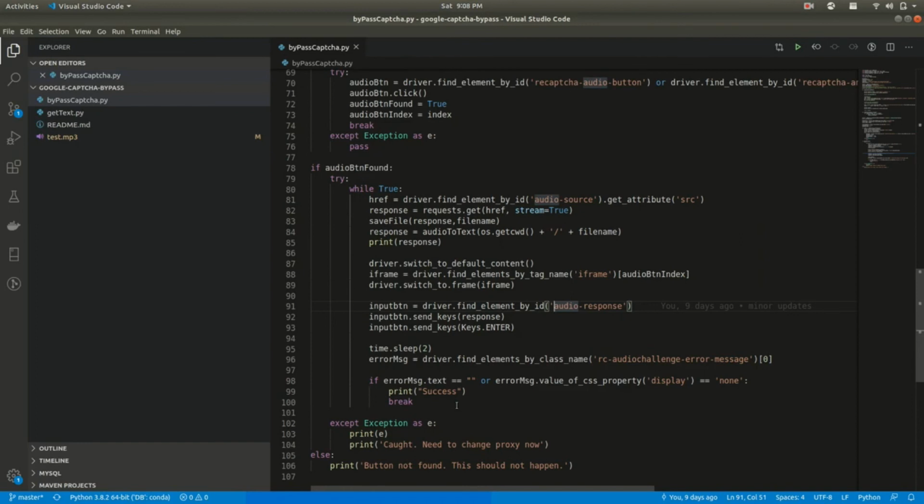So for that purpose this script will fail, but there is another method which I have discovered, and we'll be seeing that in the next video. We'll be changing our IP address frequently, so we are not tracked by Google, and we are not blocked by this mechanism. So stay tuned for the next video, and we'll be bypassing it using a proxy method.